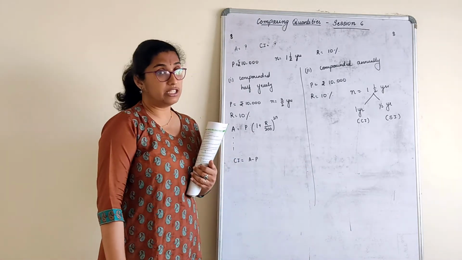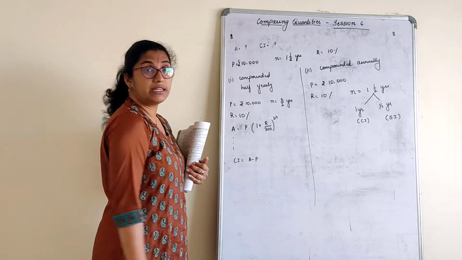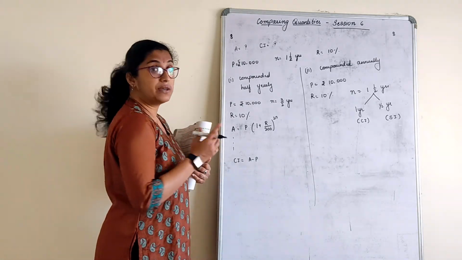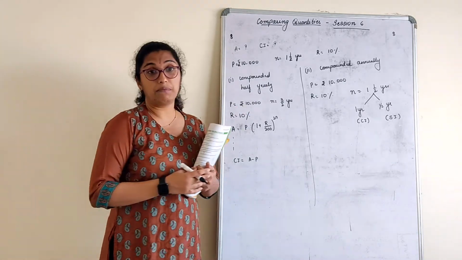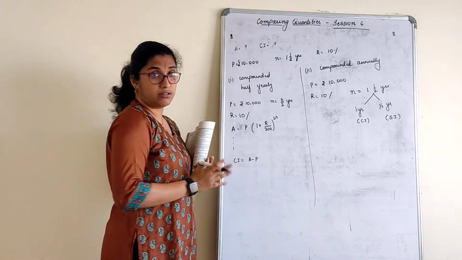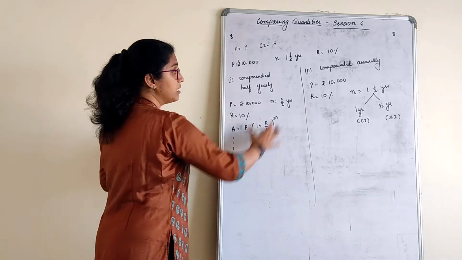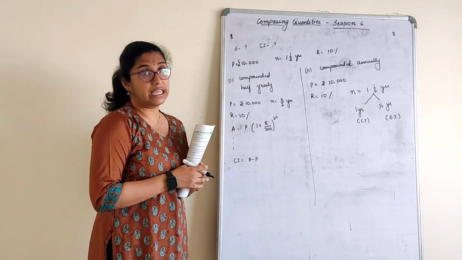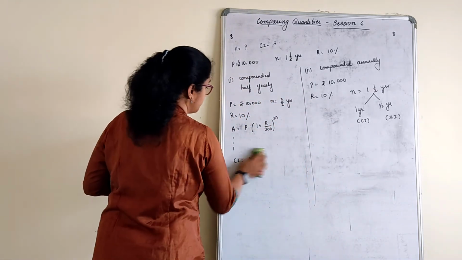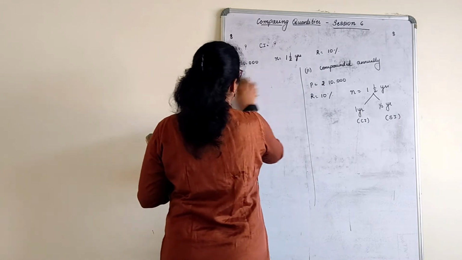From this you finally calculate the compound interest. How to calculate that, you know. So compare both the interests. Who is getting more interest, by which way? With half yearly compounding you are getting more interest, or with yearly compounding you are getting more interest? I think I have written the whole gist of that sum, what you have to do. The only thing is you have to solve it further and get the answer. Since it was a direct one, I have just written it. So the 8th one is marked for homework.